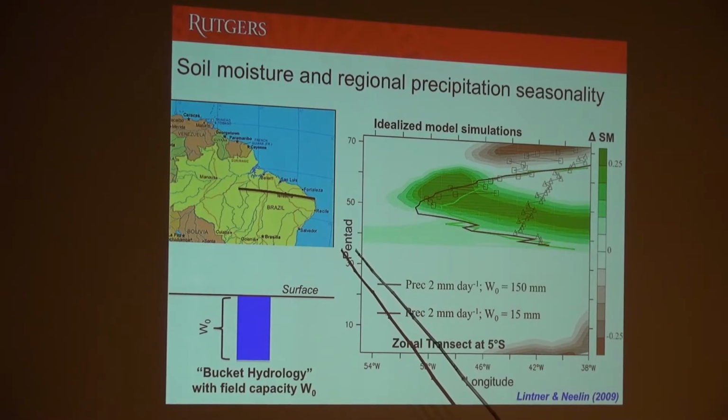This part of Brazil is very dry, relatively speaking, along the Atlantic coast. As you move into the interior of the continent, you're heading into the very wet part of the Amazon, so it exists along a moisture gradient from east to west. What we were interested in is how rainfall along that transect varies seasonally, and how that seasonal variation in rainfall might be sensitive to what's happening upstream over the land surface. That's the information conveyed in this figure. So what I want you to pay attention to